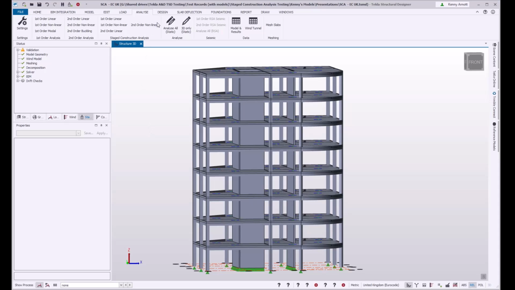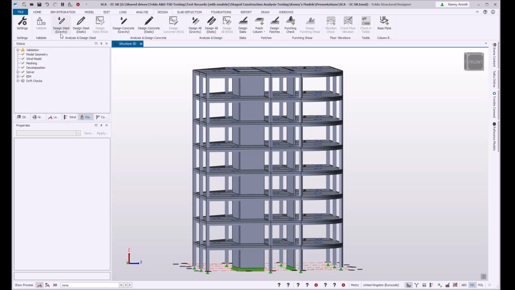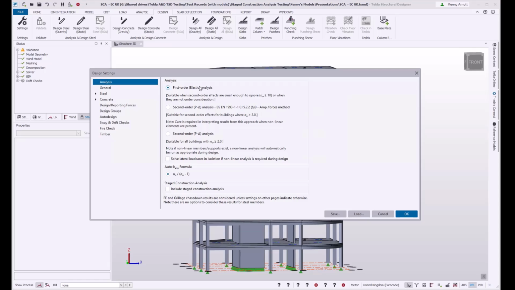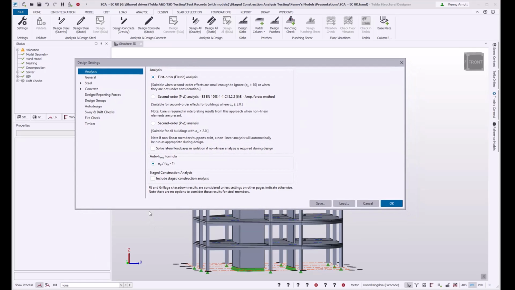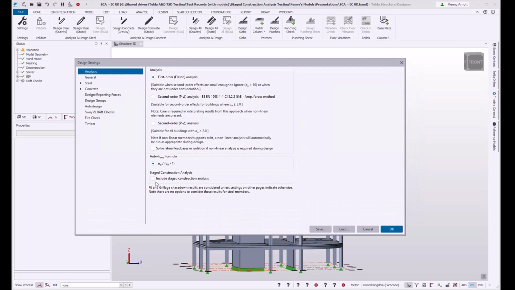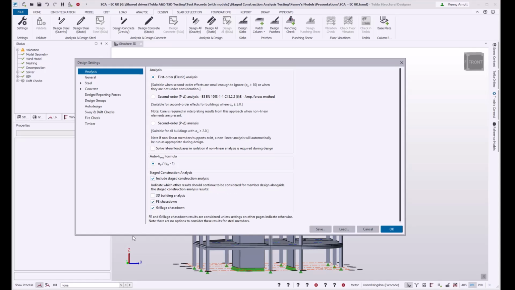Then for the design settings, the new part introduced for stage construction analysis is quite simply the option to include it. So when I include stage construction analysis, the text here tells me to indicate which other results you want to continue to be considered. As I've talked about already, there has always been a concept of an envelope of results that are considered in design.